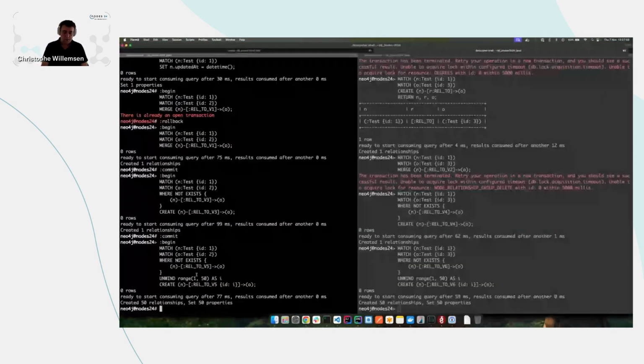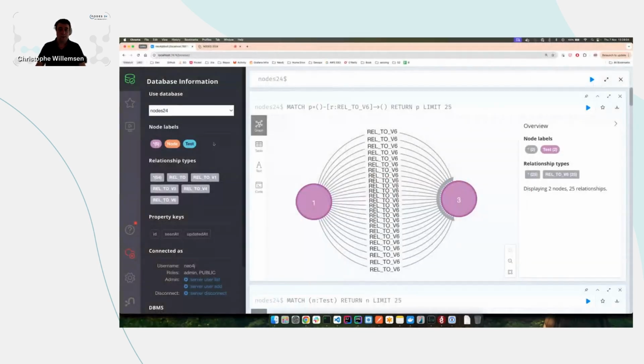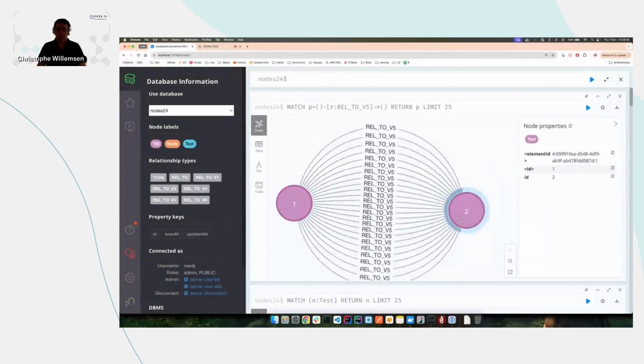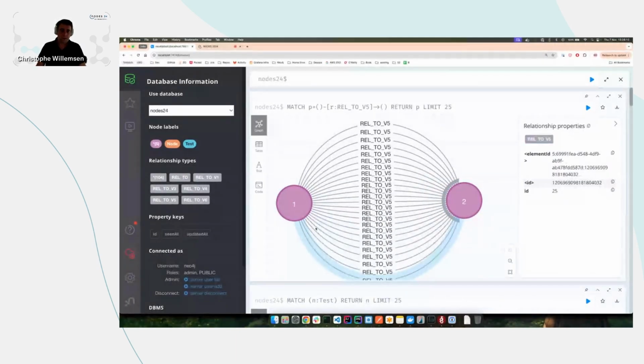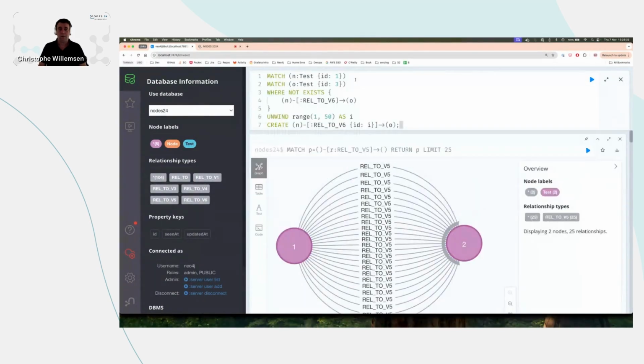And when I'm committing that one, I will have as well 50 new relationships with v5. Right. So as a summary, if you can afford doing a match or create yourself to be able to write relationships concurrently, then it will really speed up your process. Of course, I recommend to keep the same nodes in a partition if you can, but